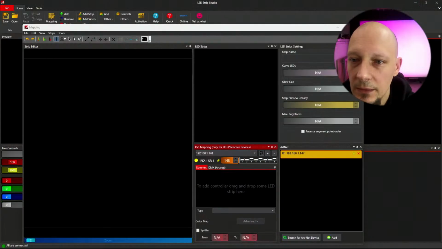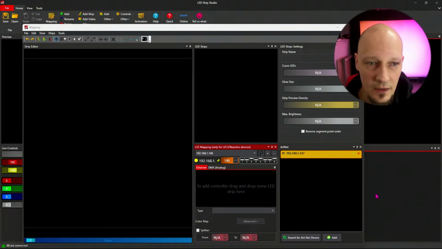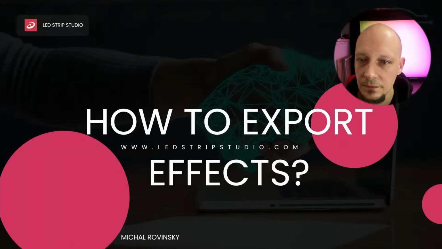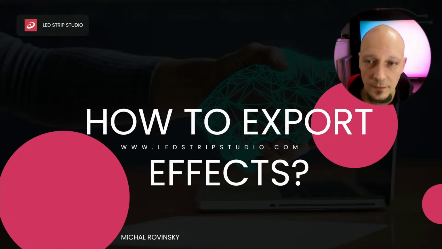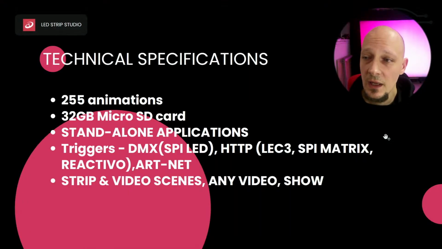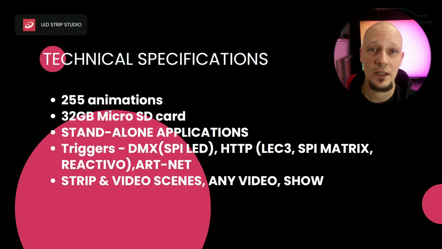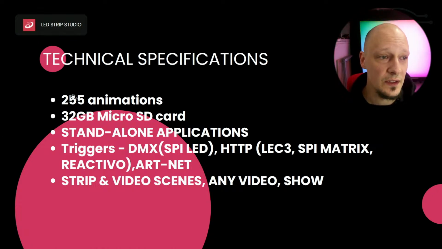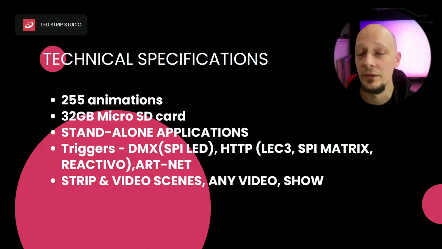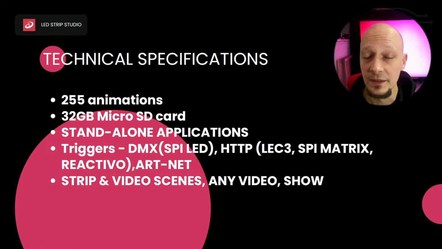Okay, let's see. I would like to start with this. So, how to export effects from the software? There are a couple of limitations for the devices. Mainly the SD card or the micro SD card that is in the device can store up to 255 animations. That is the limit. You can't have more, though 255 is plenty for you to create and to play the